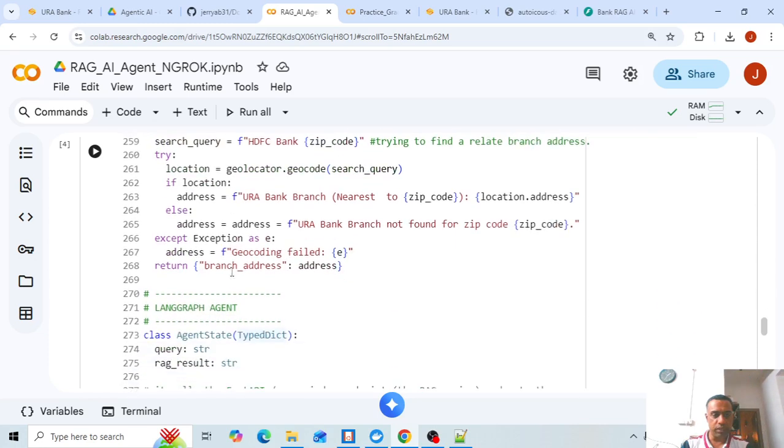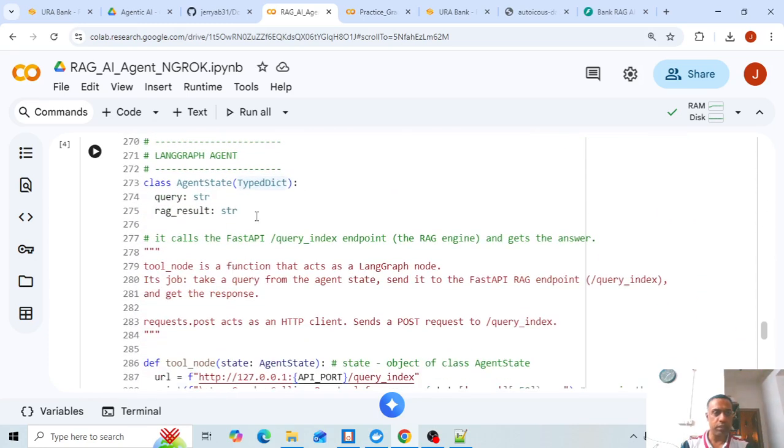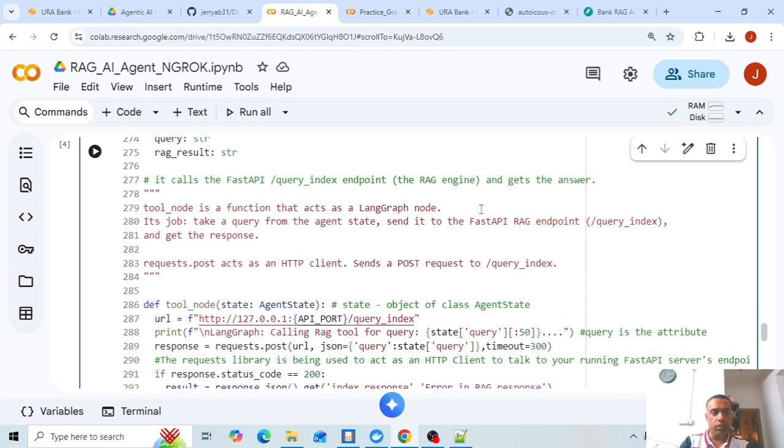Right. So for the branch address, we are done with this part. Here's another class, agent state, which is created based on this from the typing library. So it calls the FastAPI query index endpoint and gets the answer. There are two functions that we're using, which are going to be used by LangGraph. So, tool node,